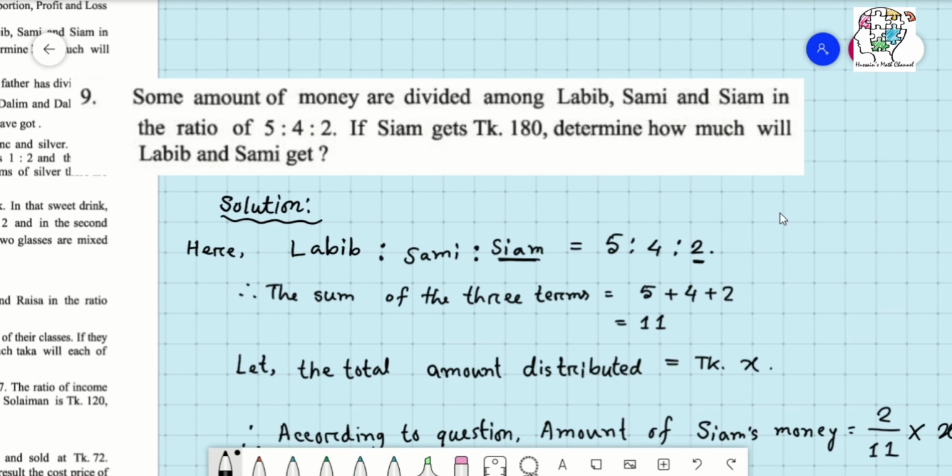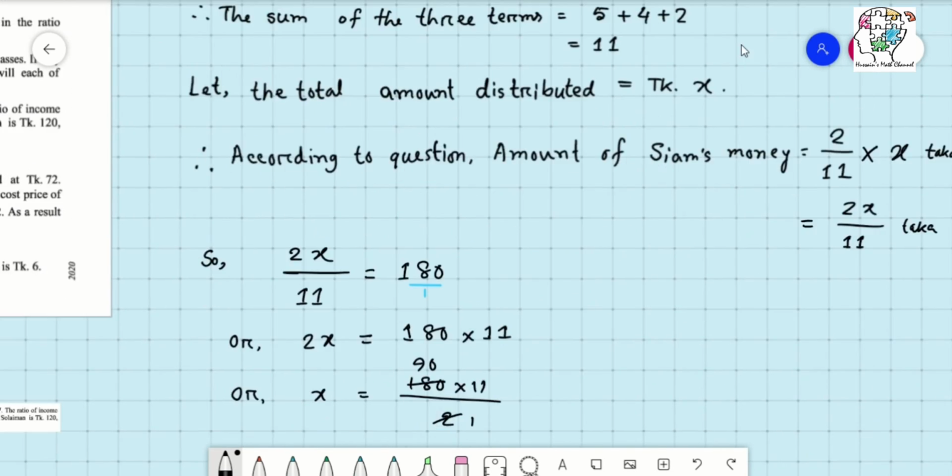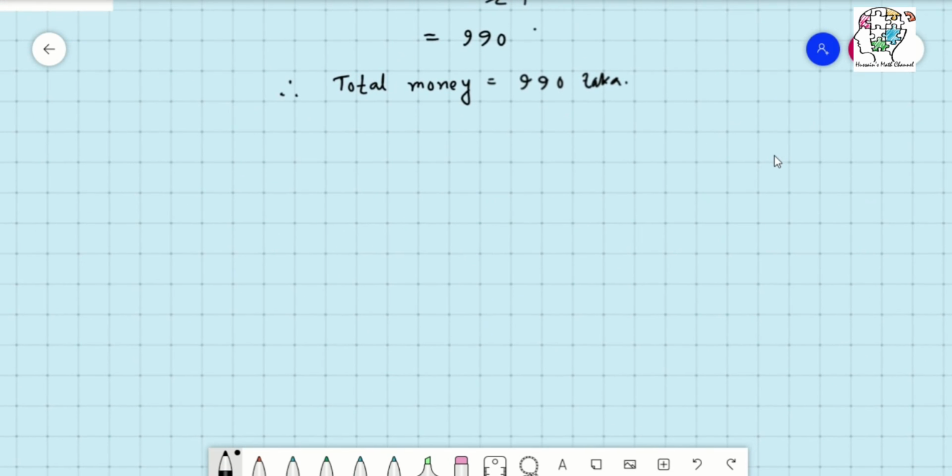means 990 taka. So if now we say 990 taka is divided among 3 people, Labib, Sami and Siam, and Siam gets 180 taka, determine how much Labib and Sami will get. So now we have to find Labib. Therefore Labib got,